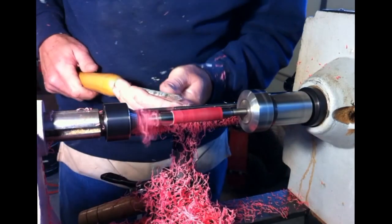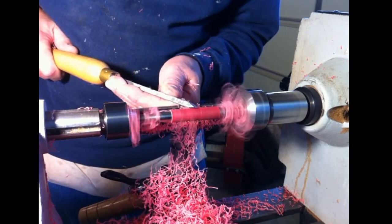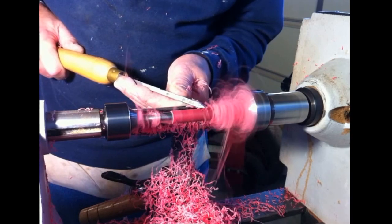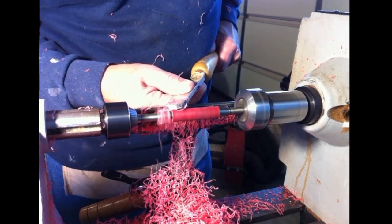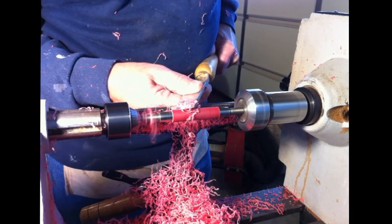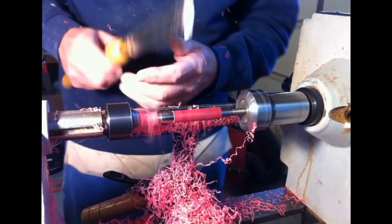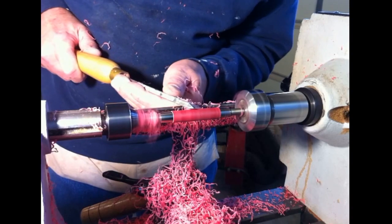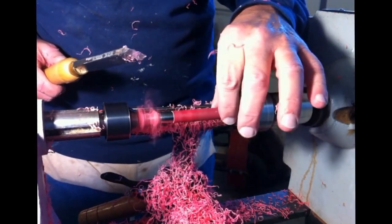They tend to get wound up around the mandrel. You've got to clean them off there so you can see what you're doing. Alright, we're getting pretty close on this end, so we need to take a little bit more off of this side. Alright, that's all I want to do with this skew that way. I can feel we still need to take some more off,